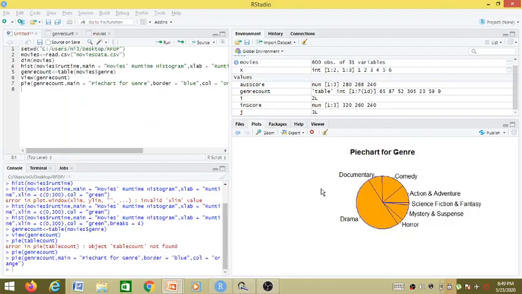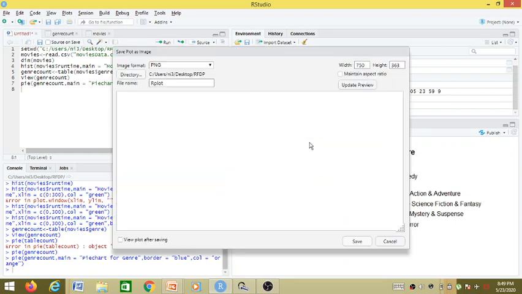So if we go to RStudio here, as you can see, we can click on export. Now it is showing us 3 options. Either we can copy it to clipboard and directly paste it in whichever place we want, or if we want to just store it as an image and use it later, we can save it as a PDF or as an image. Let us check how an image can be saved.